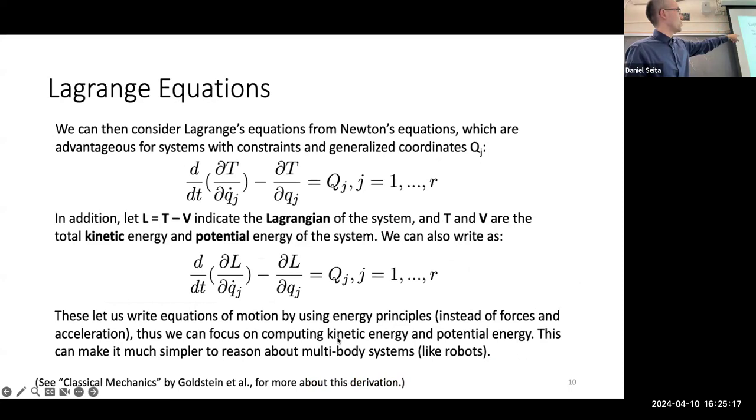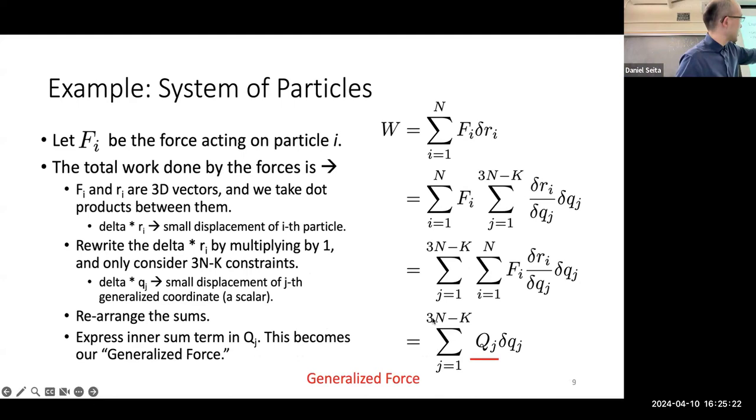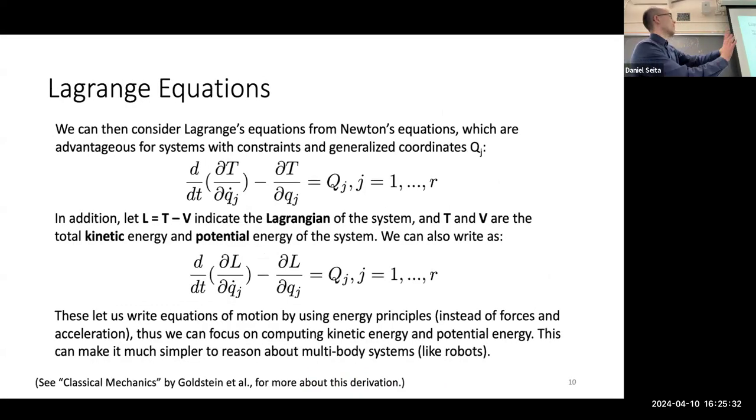And that brings us to this thing here. So these Q_j's are a way of writing out the generalized forces. Now, the advantage of this from this example is not totally clear, but I hope that this is going to give a little bit of intuition. To really dive deeply into this, I would recommend books like Classical Mechanics, which derive this in a little more detail. So here we can only give a high level overview. But the main advantage is